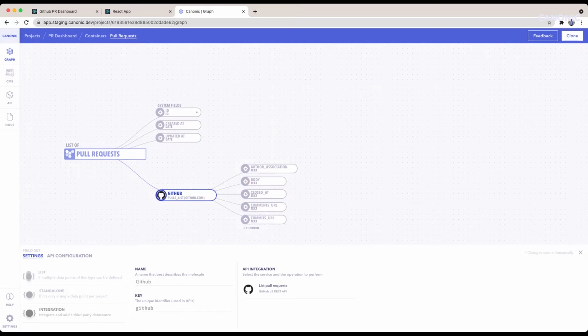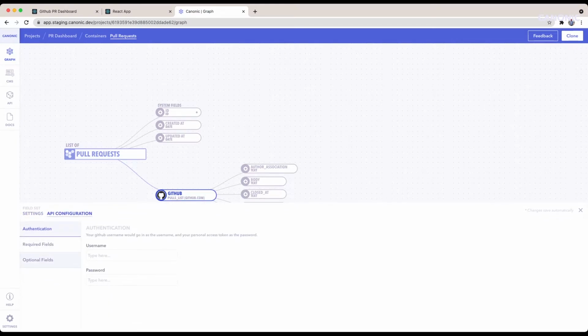Once you select which API you want to use, you can configure it with all the parameters that you need to send along with it. You can go to the API configuration tab here. If you have a private repository, you'll have to add your credentials here in the authentication option. In the required field, you need to send all the fields that are required to make this API work from GitHub's end. For this example, we're using the pull request API, which has two required fields.